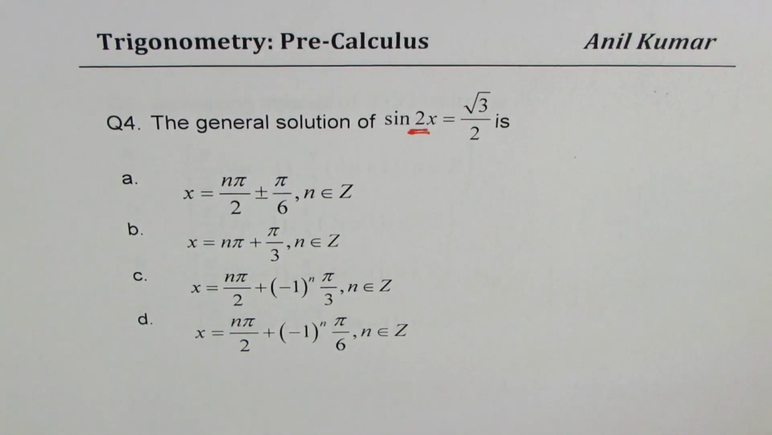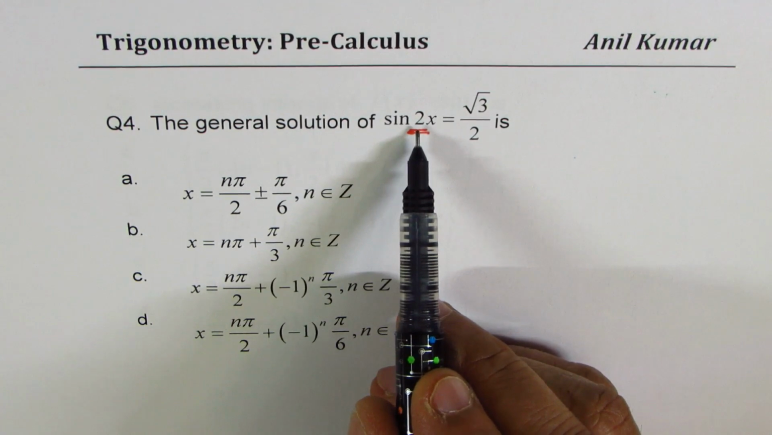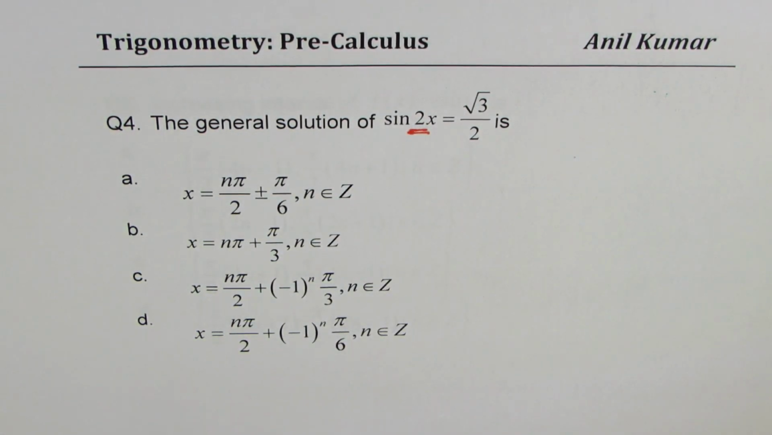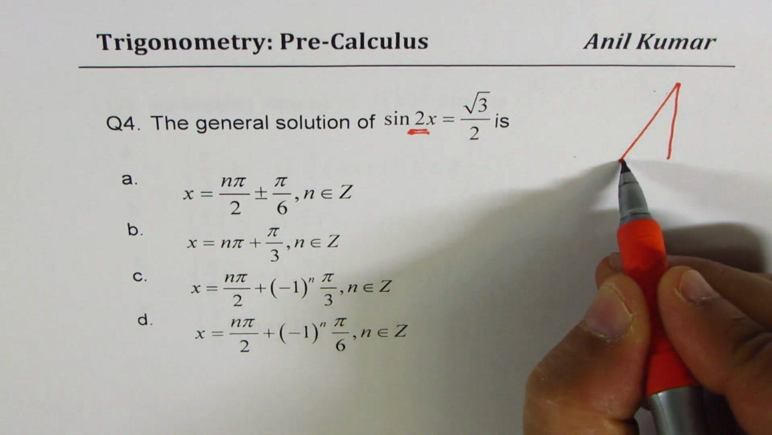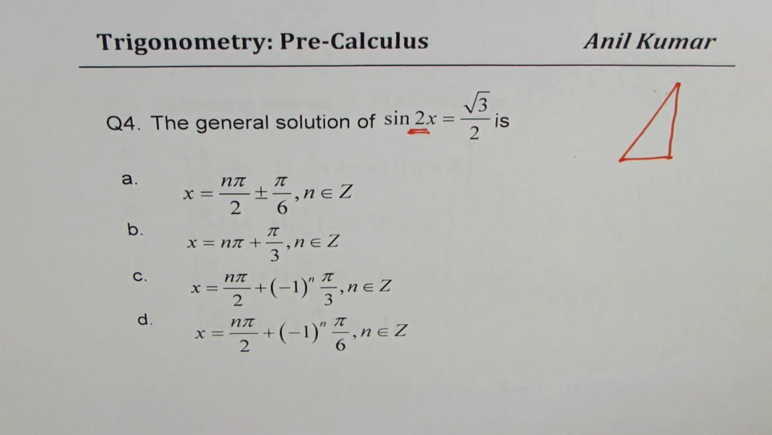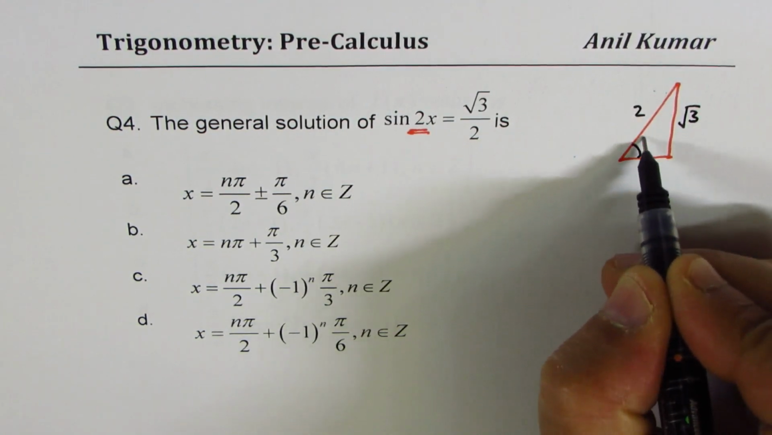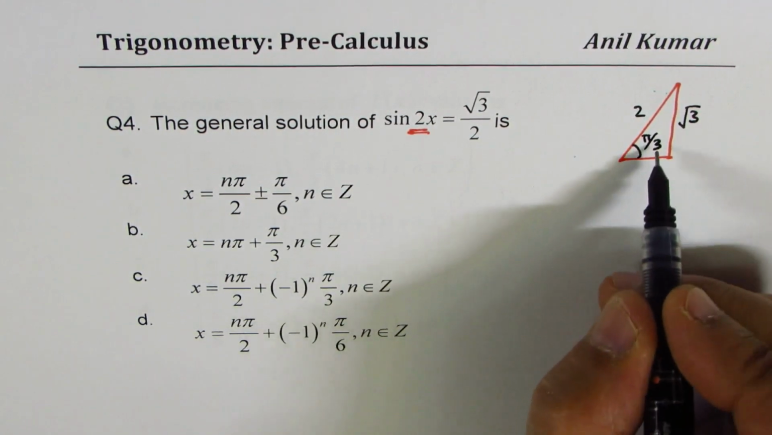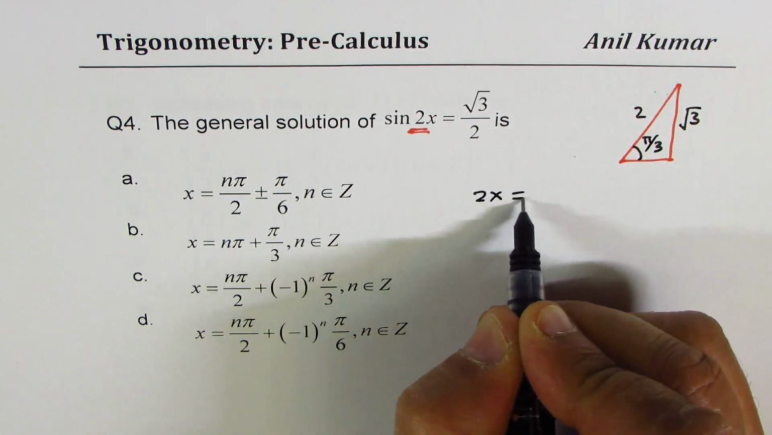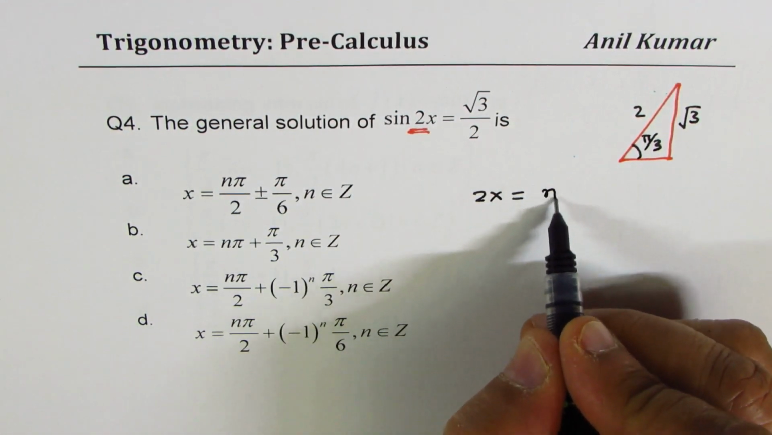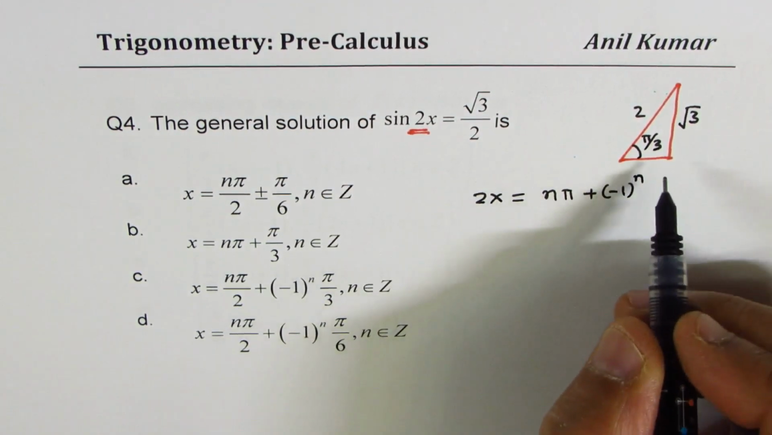Question number 4. We need to provide the general solution for sine 2x this time. Now sine 2x, not x. Last time we did sine x. So again, let's do a shorter way. Square root 3 over 2. The angle here is pi by 3. So we can say 2x is equal to n pi plus minus 1 to the power of n, and the